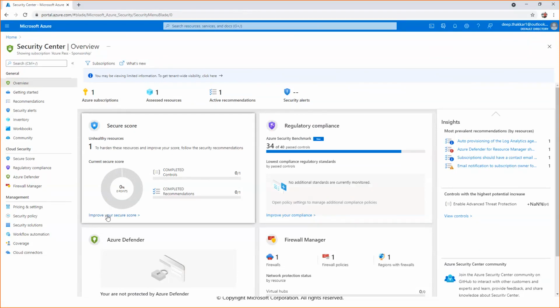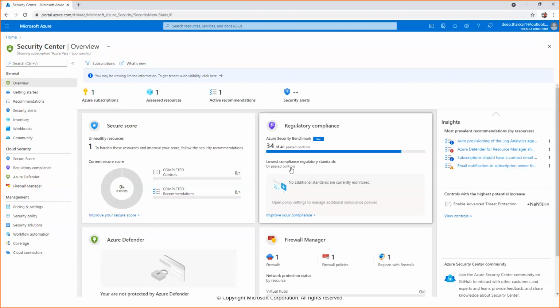If you click on Improve your secure score, it will provide dedicated, tailor-made suggestions on what you can do to improve your secure score. It also provides compliance details, like what things are compliant or not.